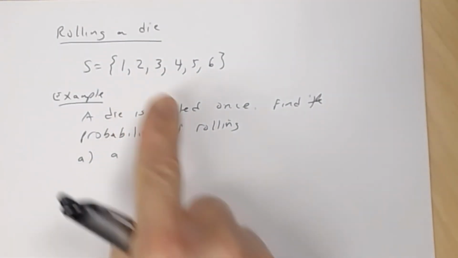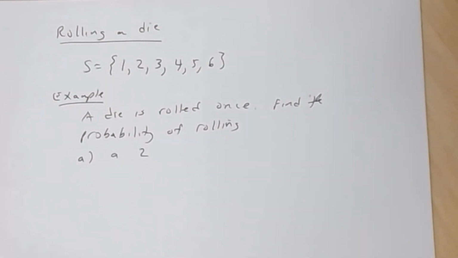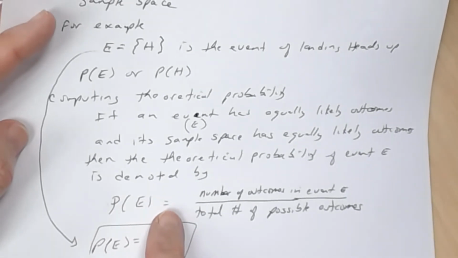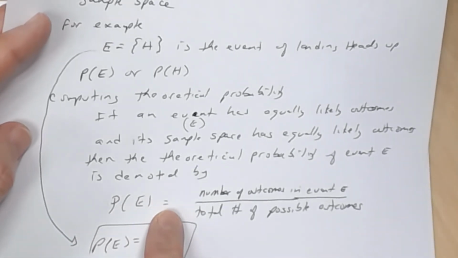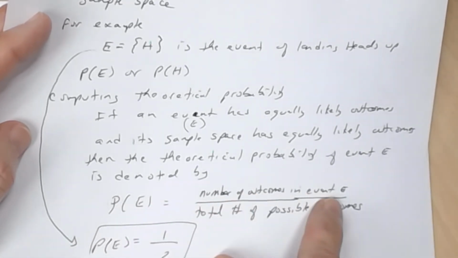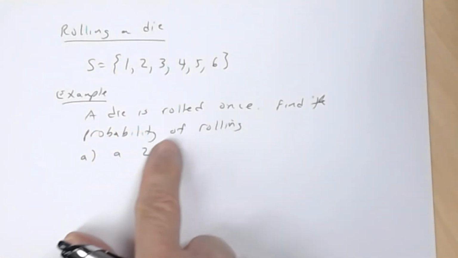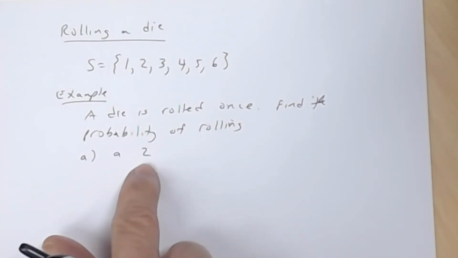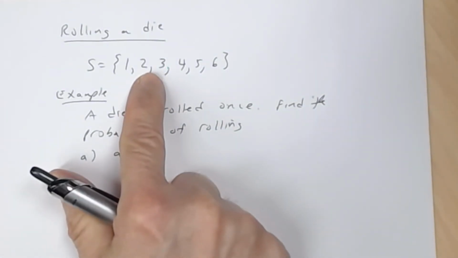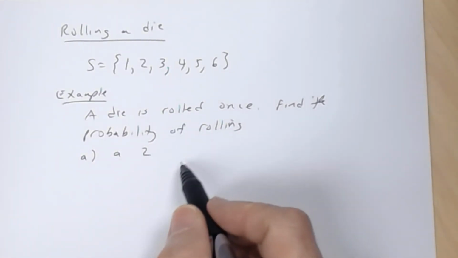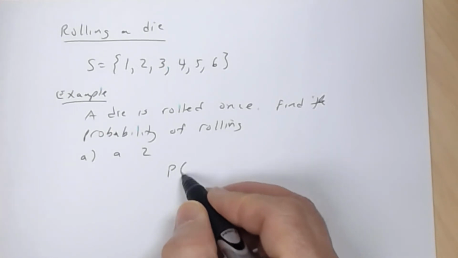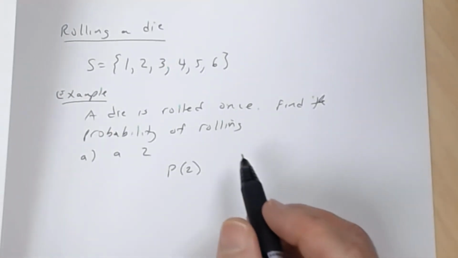All right. So in terms of our definition for probability of an event, the number of outcomes in event E. So the event is I want to roll a 2, right? That's my event. How many 2s are in here when you roll it? There's just one. So the probability, let's just write it as probability of 2